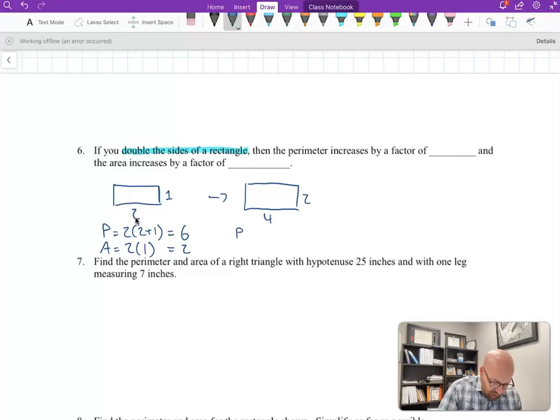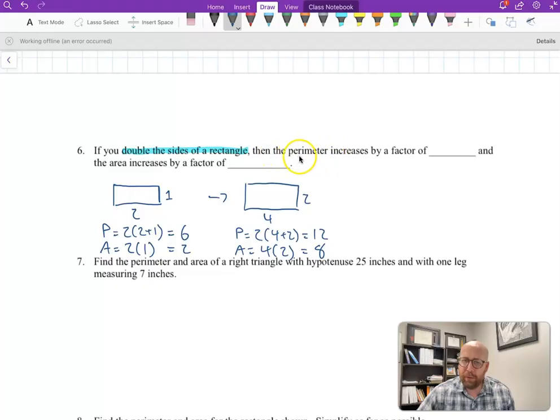Now let's talk about our perimeter. Perimeter is going to be equal to 2 times 4 plus 2. 4 plus 2 is 6. 6 times 2 is going to be 12. And our area is going to be 4 times 2. And 4 times 2 is going to be 8. Okay, now,